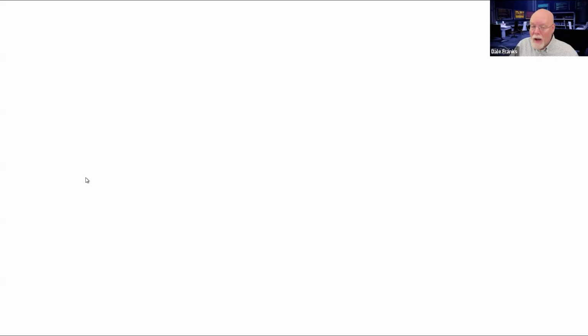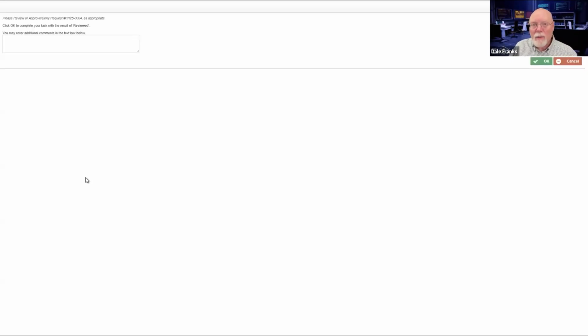Now, sometimes we'll use these email result links, usually for more senior people, so they can just go in and click it right out of the email. But it does require that you be logged into Process Director, and it doesn't take you to the form. It takes you here to this tiny little form.